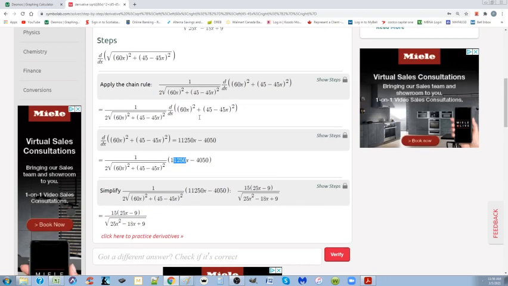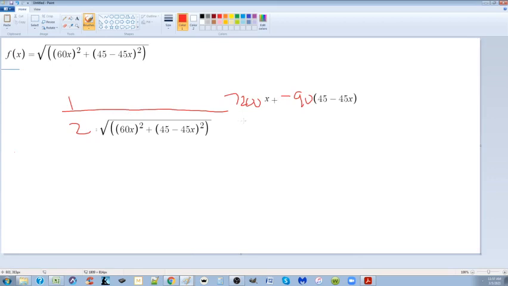Chain rule. Oh, no, I got it. Yeah, I know what I did. I forgot to take the, how stupid is that, eh? Right here, when I calculated 60x squared derivative, this is the chain rule, right? So at first I've got to separate them up here when it's in this shape. So this is definitely 3600. But the chain rule,